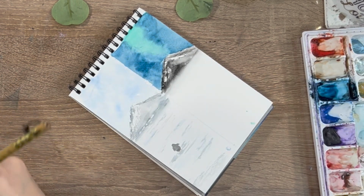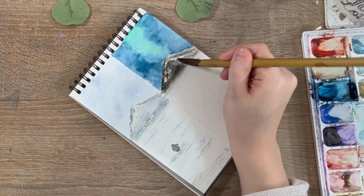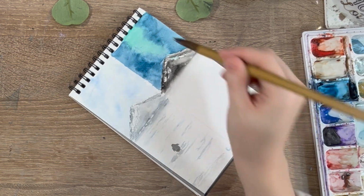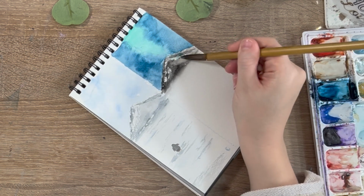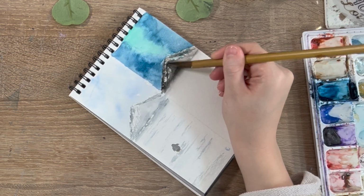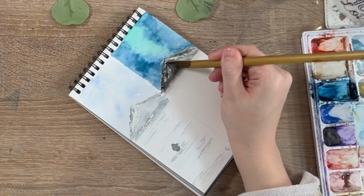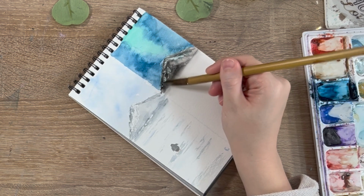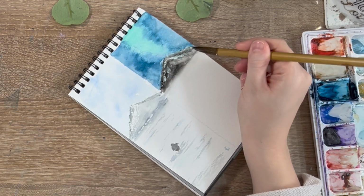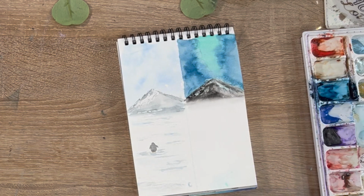And then our trick for our mountain is gonna be, we're gonna grab just the slightest hint of that green and we're gonna just tap it in like it's reflecting. And then we're gonna do the exact same thing with the blue. Just kind of tap it in as if it were reflecting onto that mountain. And that's just really going to help it feel like it's at night and have the shadows, because you're not going to have crystal white snow showing. It's going to have that bluish shadow from the night sky. Okay, so there is our night sky,